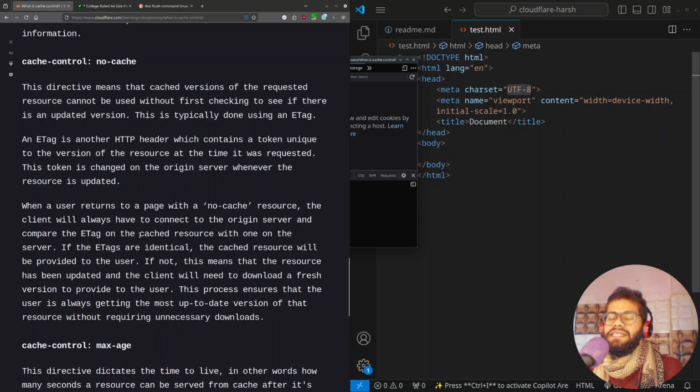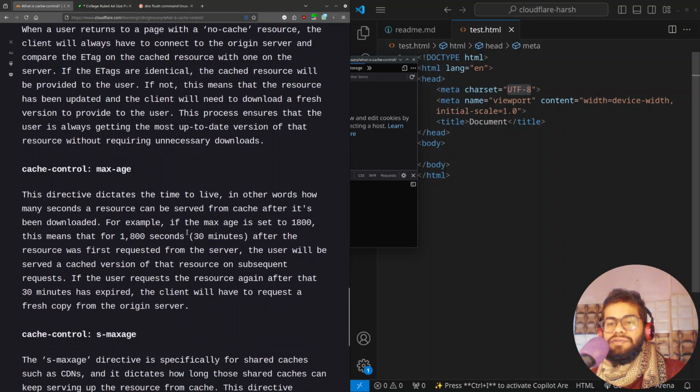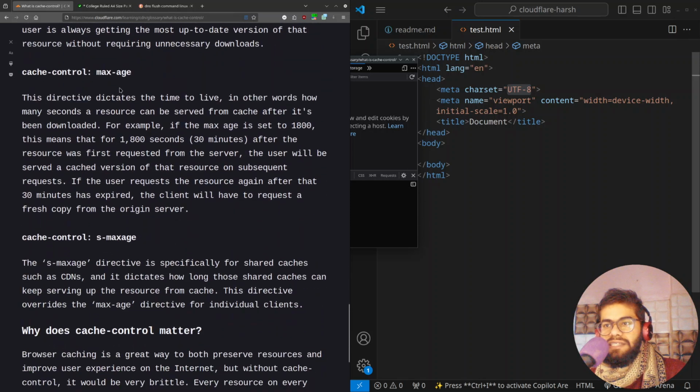So ETag basically is a kind of token. So when a user returns to a page with a no-cache resource, the client will always have to connect to the origin server, compare the ETag on the cached resource with the one on the server, and if the ETags are identical, the cached resource will be provided. If not, this means the resource has been updated, and the client will download a fresh copy to provide to the user. Then we have max-age,